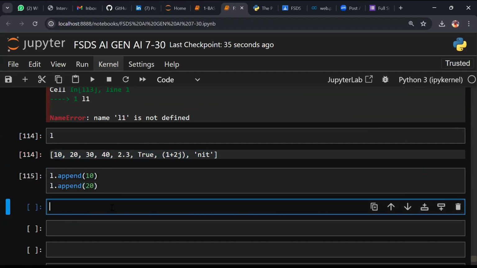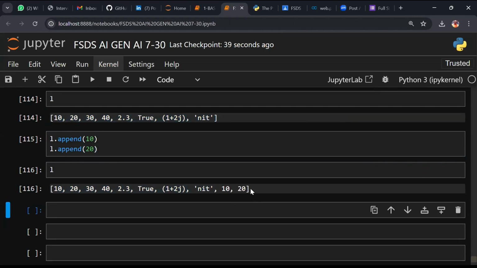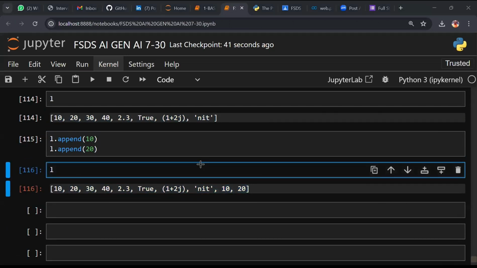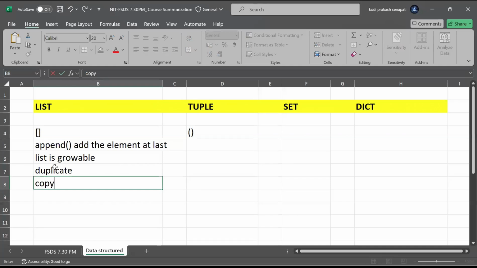Just check this now, L. So what happened? 10, 20 already added. Is duplicate allowed or not? The next concept: duplicates are allowed in a list. Is the copy function working or not? Clear functions will work. Clear functions and del the identifier.